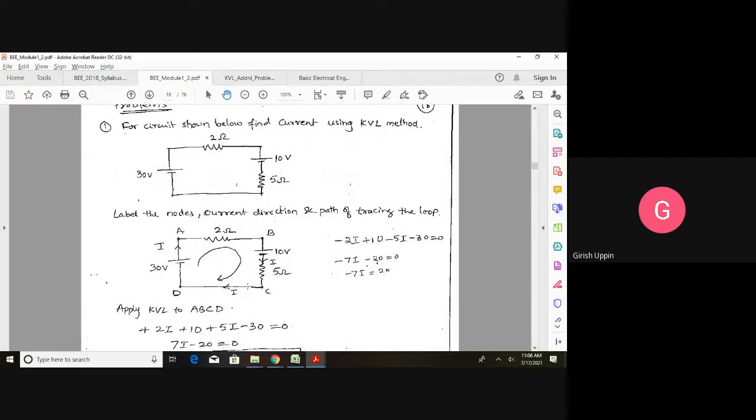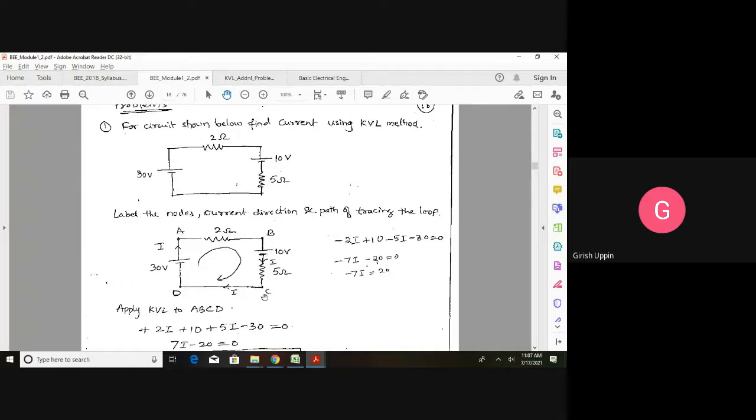This is a very simple circuit. We need not apply the KVL, but using KVL we can solve it. So the first thing you have to do in the exam: they might give the current notations, whether I1, I2, I3, or they may not give. If they don't give, the first thing you are going to do is mark all the currents. In this case, there is only one path, so this current will flow like this, and this current will flow like this. I will take this as the actual direction of the current, and even if you take the opposite direction, no problem. Mark the current. Once you mark the current, mark the direction of tracing.